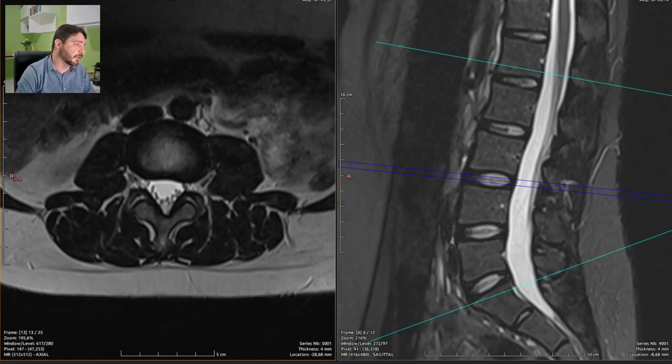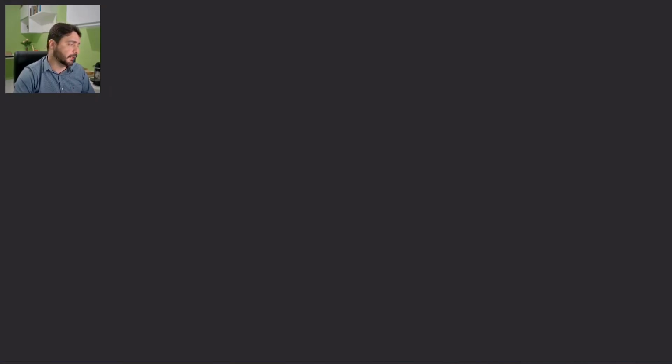Now we just grab our template and finish by summarizing it, saying it's normal. So it's signed, the cache is cleared. Let's go for the next one. So this was a normal lumbar spine exam, and we are facing a very sluggish platform today. It got better, so let's go for a